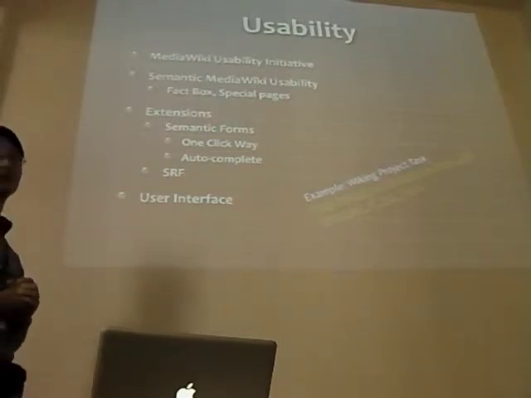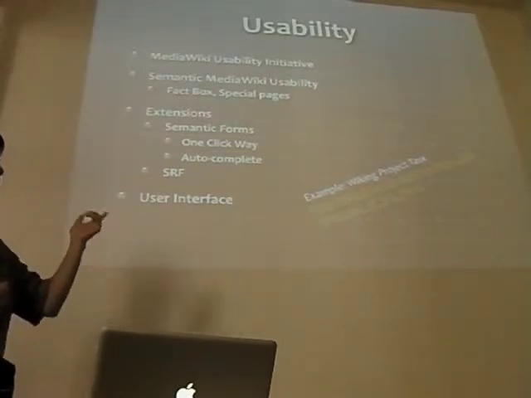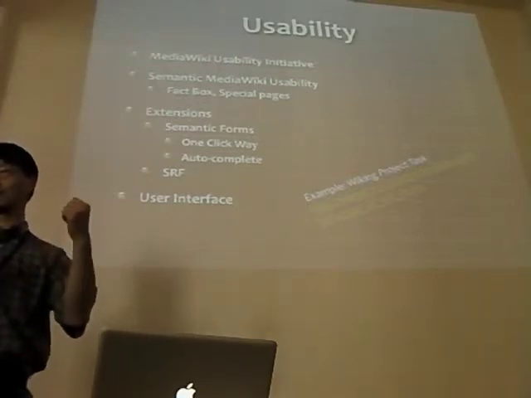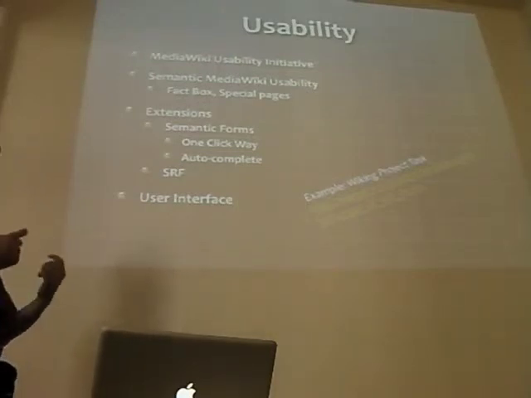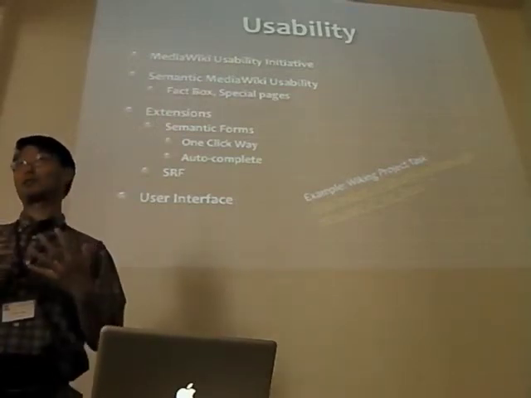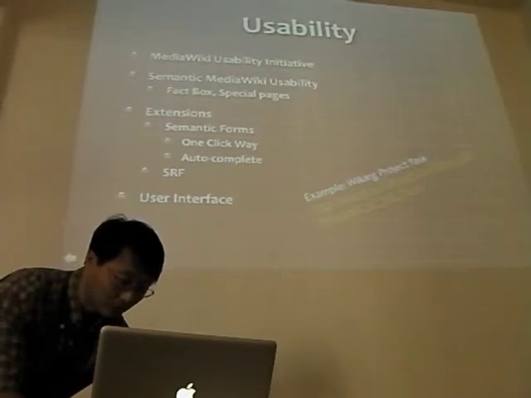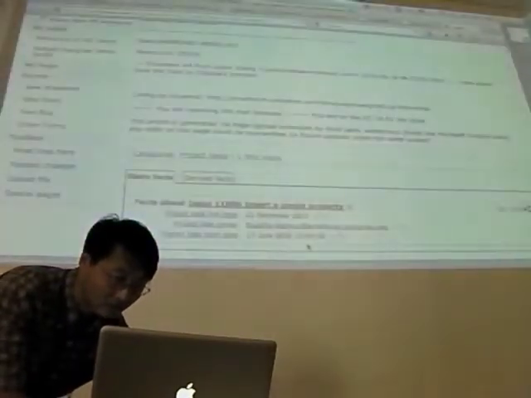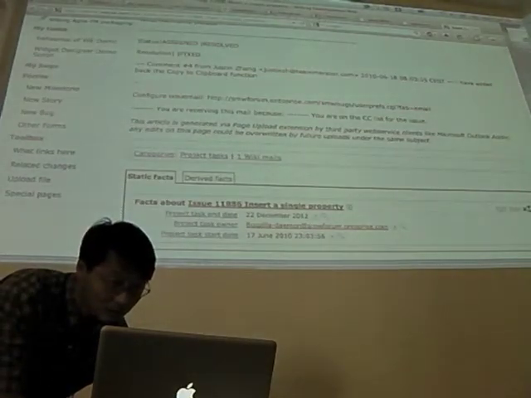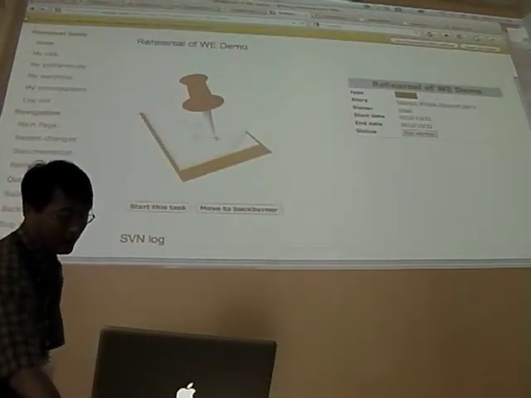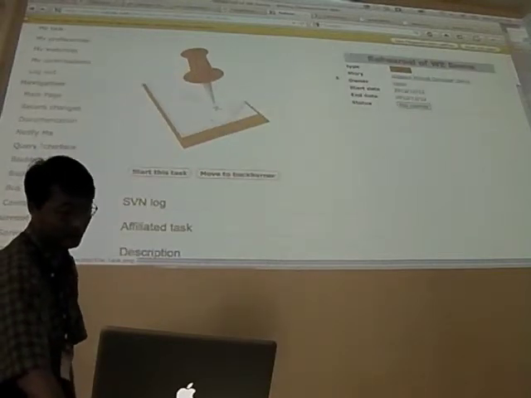With Semantic Forms, there are several ways to improve things, like one-click creation, autocomplete, and SRF. You can make it better, more powerful. There are all usability issues, interactivity, and user interface improvements. I'll show you quickly something we did for this task tracker. We have an icon for the task. All the tasks will have this icon, and